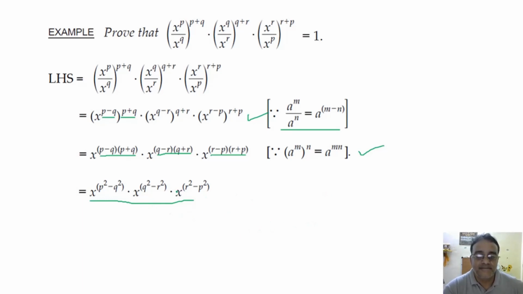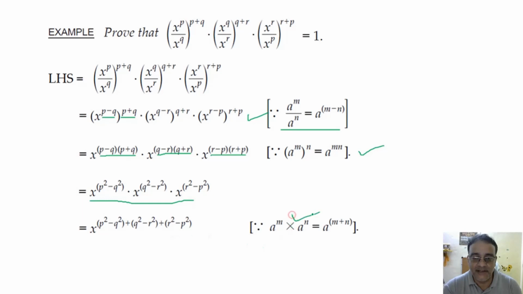Into में है, बेस सेम है. a to the power of m into a to the power of n is equal to a to the power of m plus n. Right. That rule is for either 2 or 3 numbers or 4 numbers. Okay, we have to add the powers. So according to that rule, now we are going to add the powers. This rule we have applied.